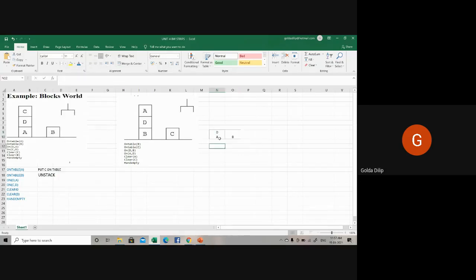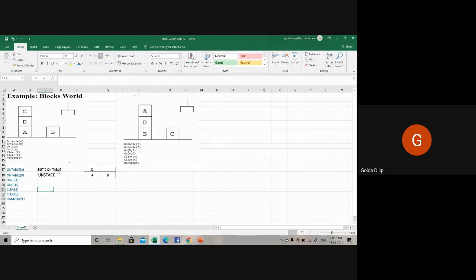I'm performing what is called unstack: unstack C comma D, or put C on table, as a result of which I have A, D, B, and my robo arm would be holding C.